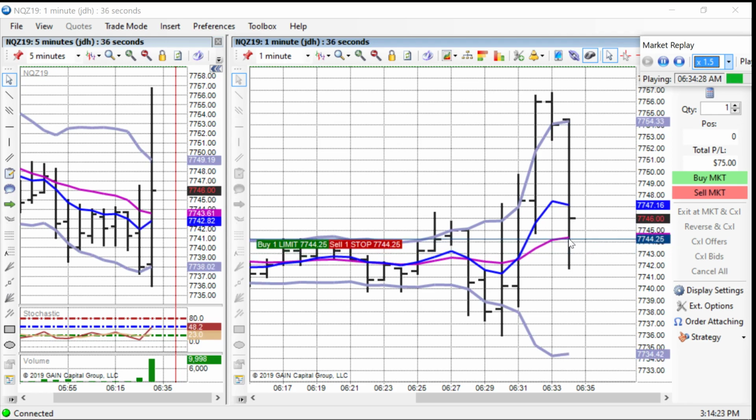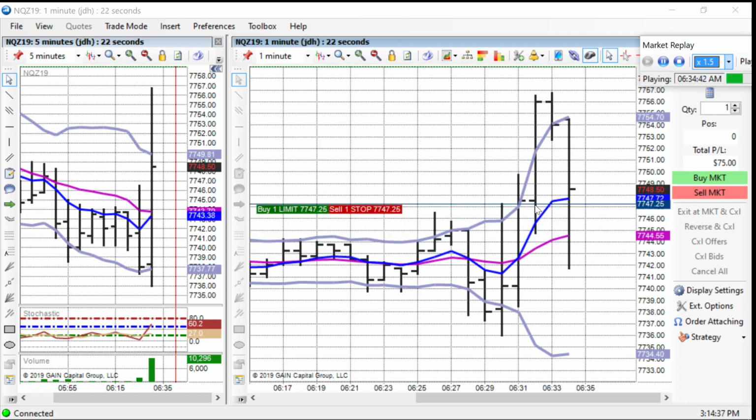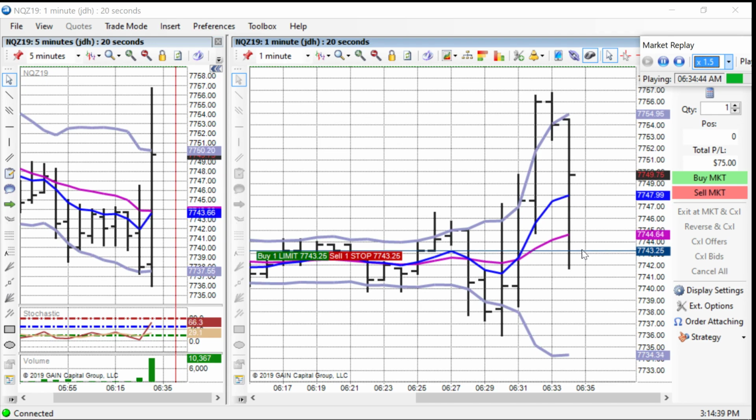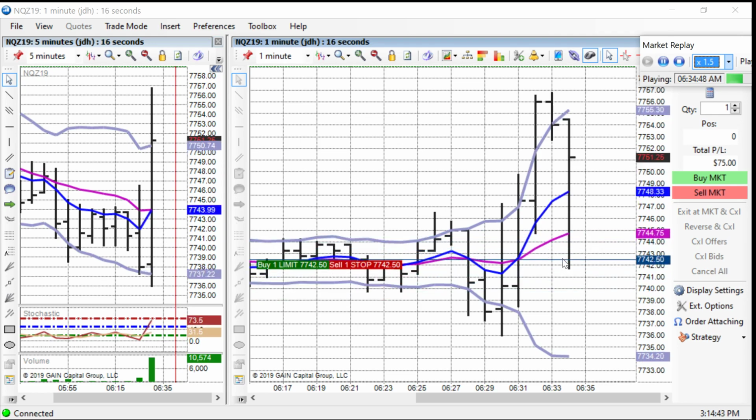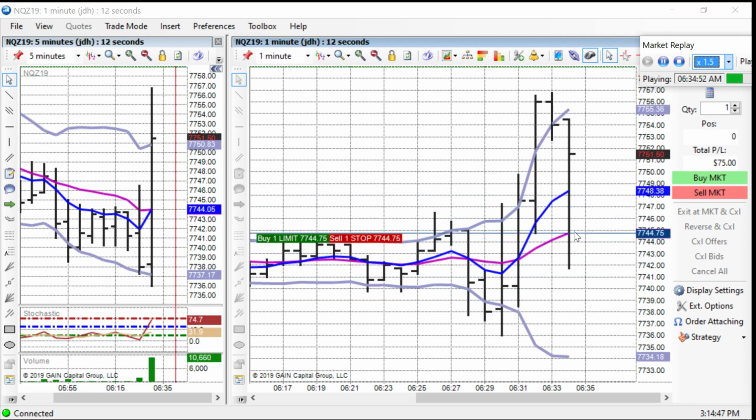I said I'd sell, but it doesn't look like it has a lot of thrust going into that 14 simple moving average. So the more conservative move, if it is going to cross over, is to wait for the actual crossover to occur first. That's the safer thing to do. And you can see it's moving back. If I would have entered there, I would have probably been stopped out at my stop loss